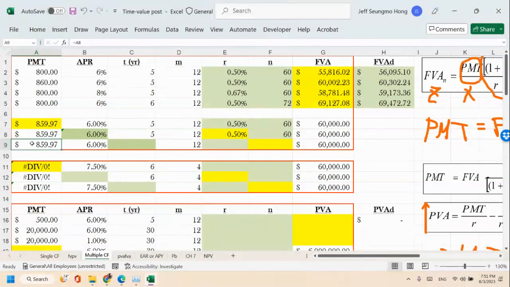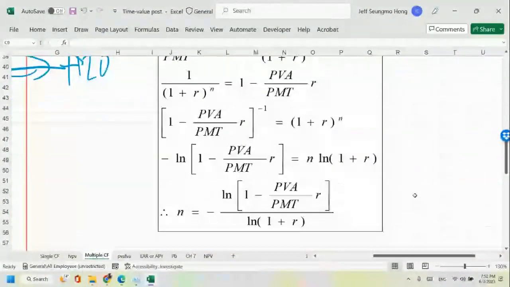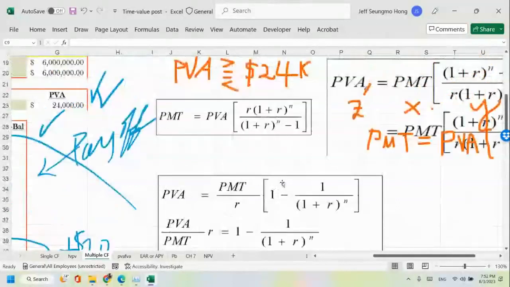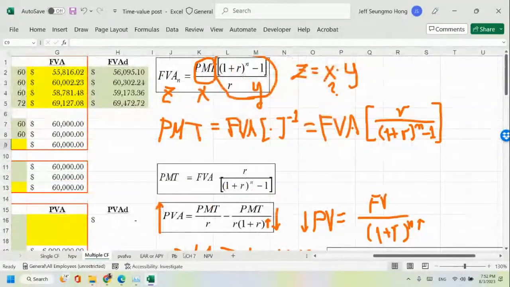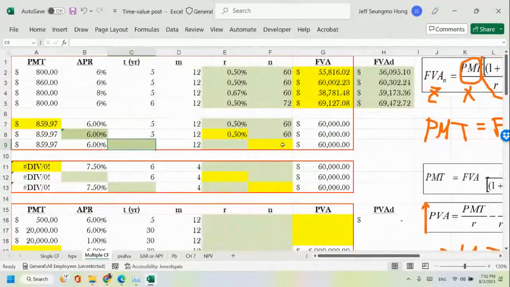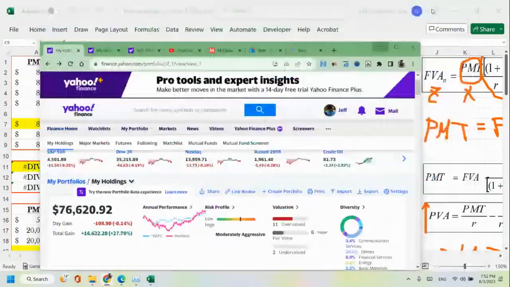Now we know what monthly payment we're going to make, what the annual interest rate is, and what our target future value is. Then our next question is, how long will it take? How many years will it take? For that problem, we have the formula. Of course, this is only the present value of annuity formula. So for future value of annuity, for solving for time, the formula is, oops, not this one, but